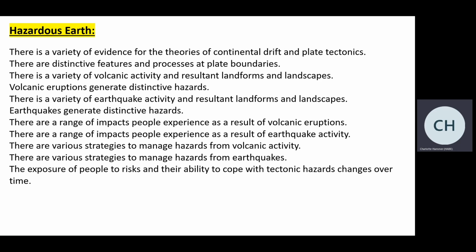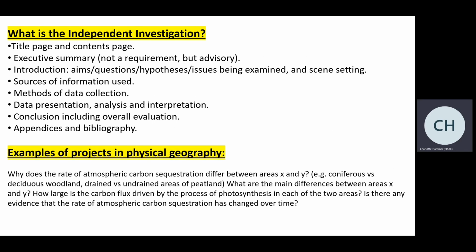We think about why do people take the risks? Why do people live in areas with these hazards? And then we delve into risk management. We look at the risk equation. We look at techniques used to help find and sort of reduce the impacts of that. Obviously, alongside the